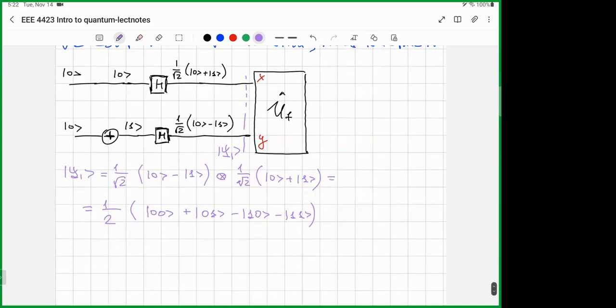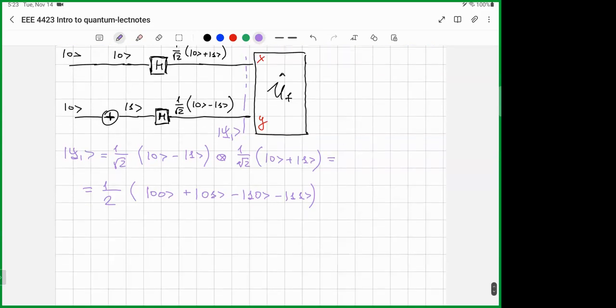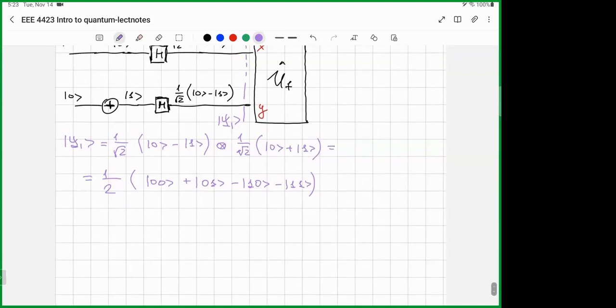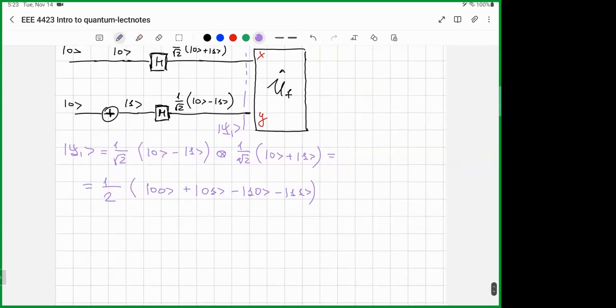Okay, so this is the state of the system of two qubits exactly at the input to the unitary operator UF. So now what kind of operation does this operator perform? The operator UF, which we don't know because we don't know the type of the function